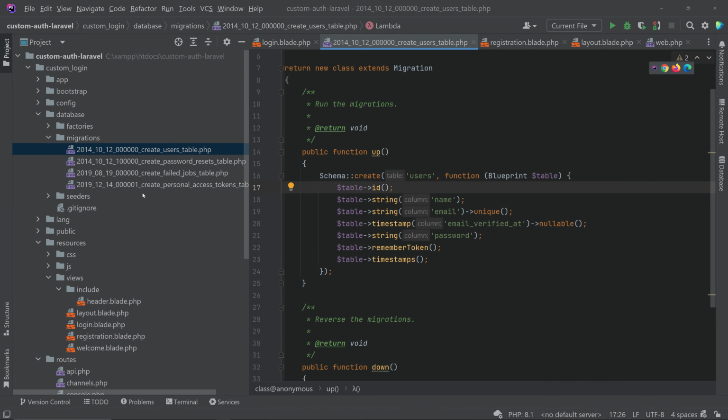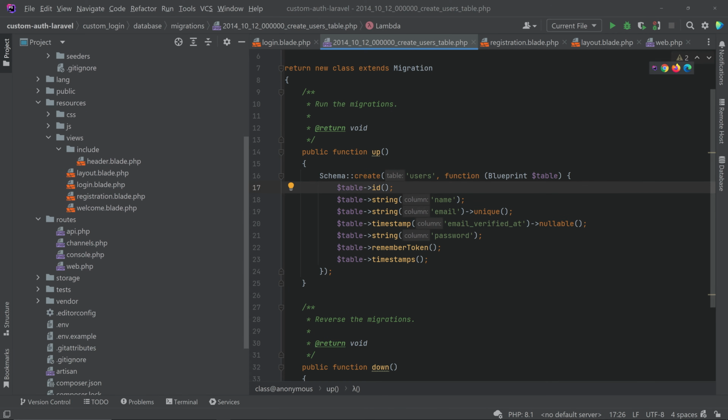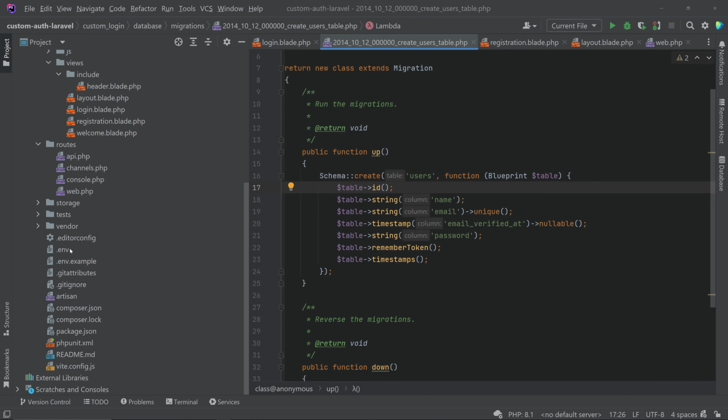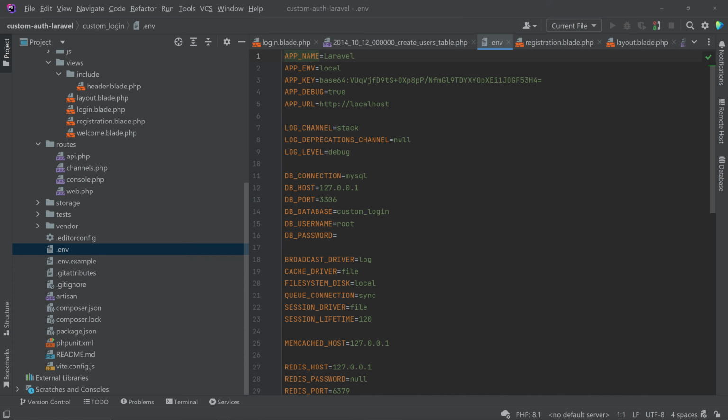Okay, so let's try to migrate this table. For that, you have to go to the .env file. You can see this here, and here you can see the database connection. DB connection, and we are using MySQL. So let's create a database. Let's name the database custom login itself. For that, you have to